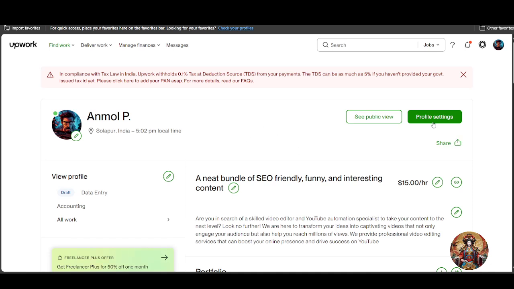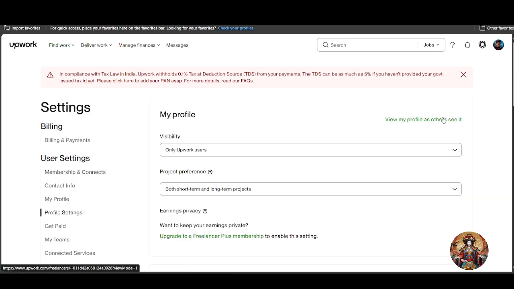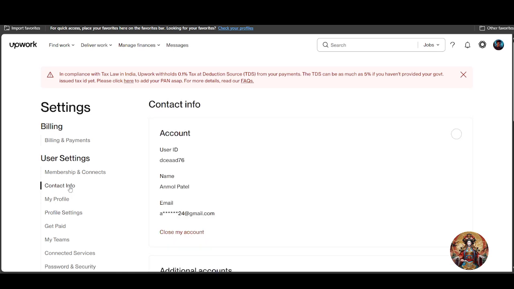Now if you look on the right side, you will get to see this profile settings. Just simply click over here. Now if you see over here in the user settings, there is an option called contact info. Just click over here,